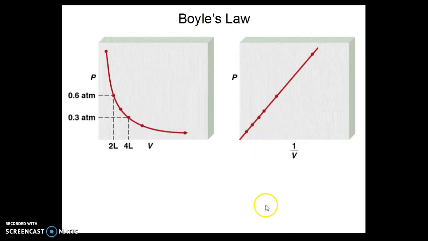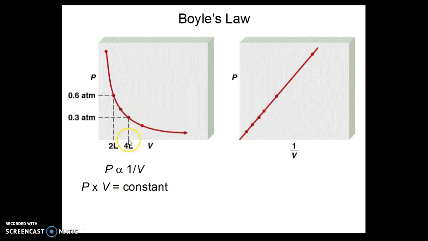Boyle's law, if we chart it out, total pressure here against volume of the gas here, we see that we have a curved line which looks very much like a reciprocal curve. The pressure is proportional to the reciprocal of the volume. Therefore, the pressure times volume is a constant. Any point here,